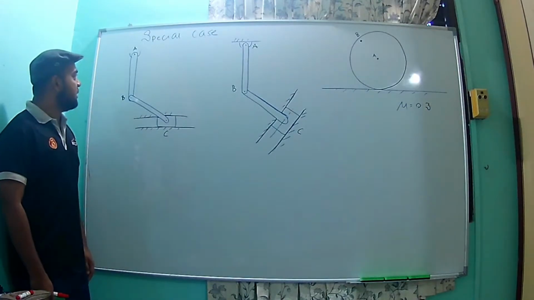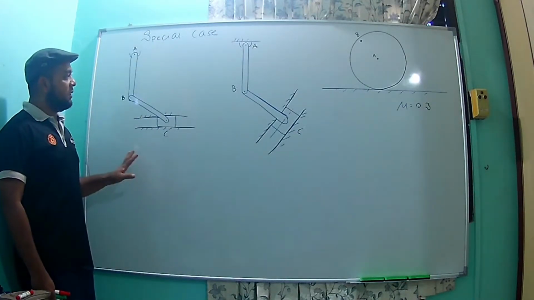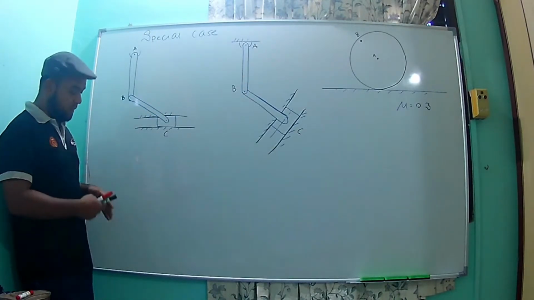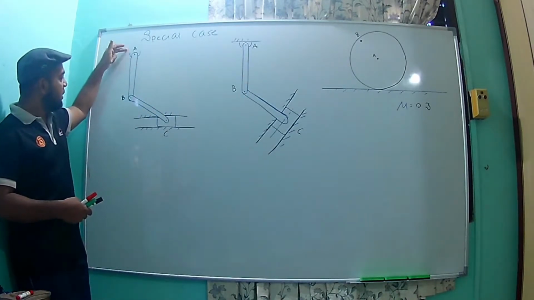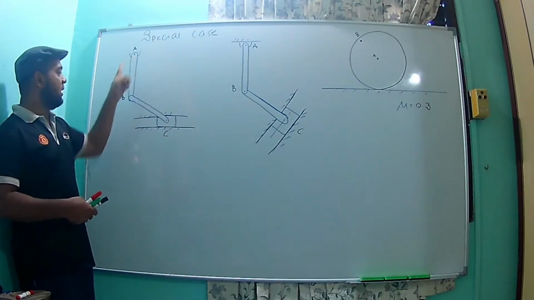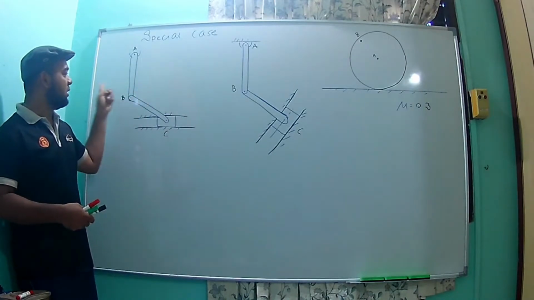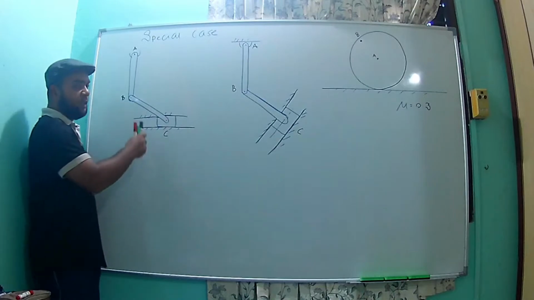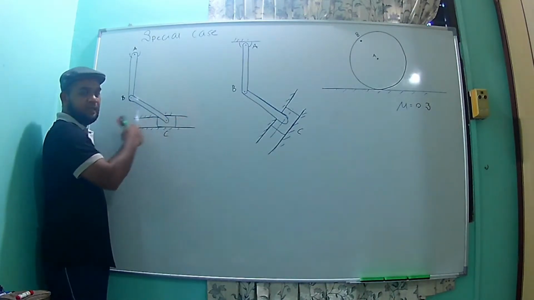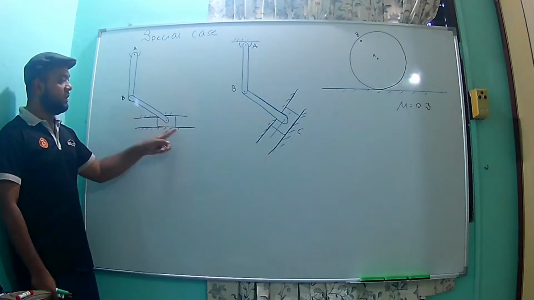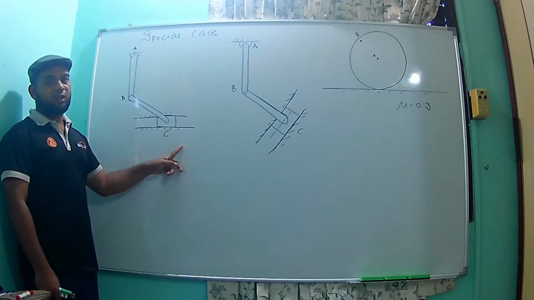So here we've got three scenarios for special cases 1, 2, and 3. Look at this first one. We have one component, AB, which is a rotation about fixed axis A. This component will rotate this way. The second component, component C, is inside a slot, so it can move in this direction back and forth. And the third component, BC, is general plane motion.